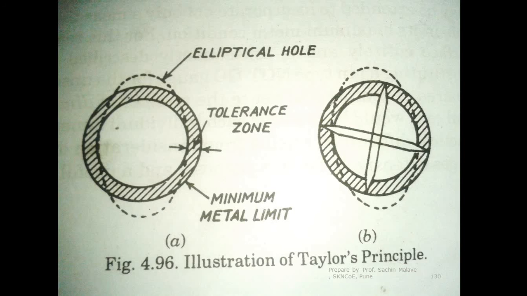Now let us say we follow Taylor's principle. What is happening? As per Taylor's principle, the no go end should not be made cylindrical. The no go end should be prepared in terms of sharp points. Now see,